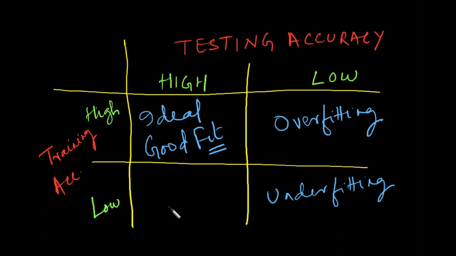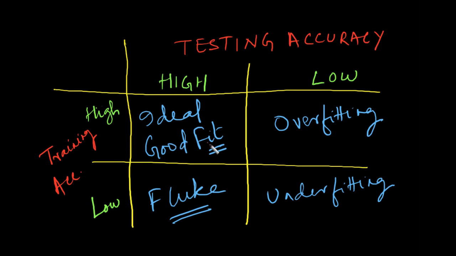Now of course it may also happen in very rare cases that your training accuracy is low but your testing accuracy is very, very high, and that would be simply a case of fluke, what is called luck in life. Sometimes you did not prepare well for exams but still ended up getting very high marks. That happens only once in a while. So, if it happens to you once, don't think that you are going to be lucky always. As they say, the wheel of fortune keeps turning. Today you are lucky, tomorrow somebody else may be lucky. So, don't depend on that. Try to be in the regime of ideal good fit, where your training accuracy is high and your testing accuracy